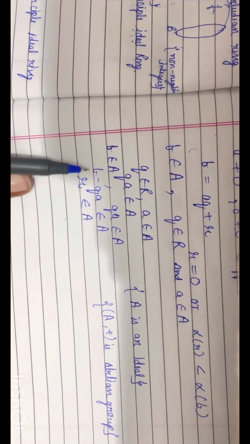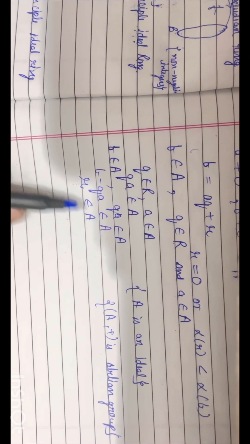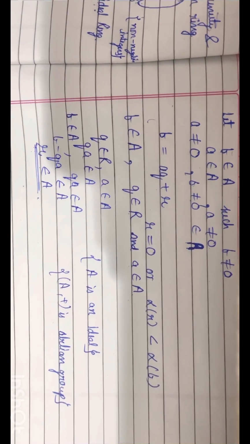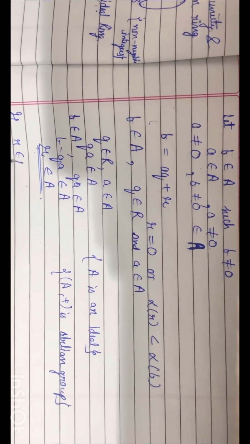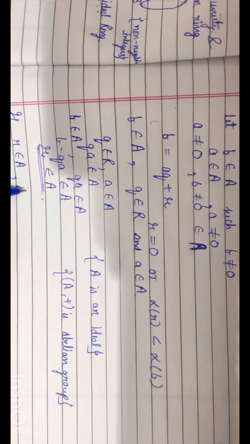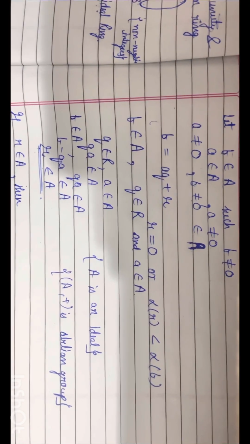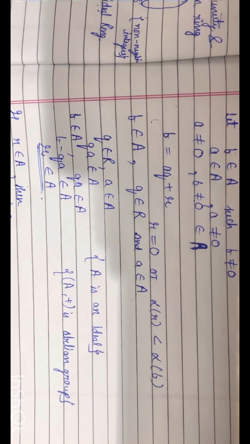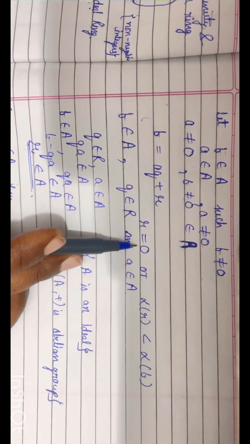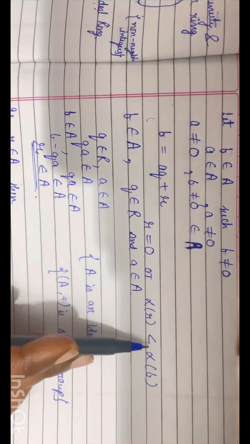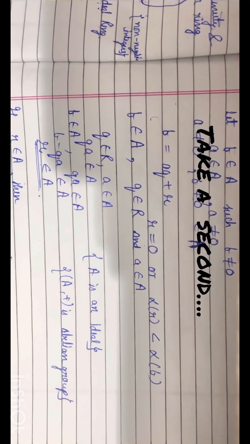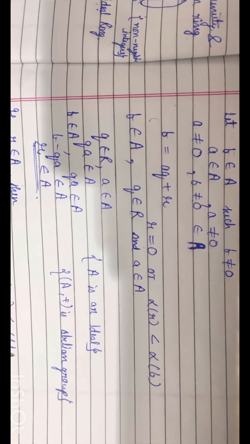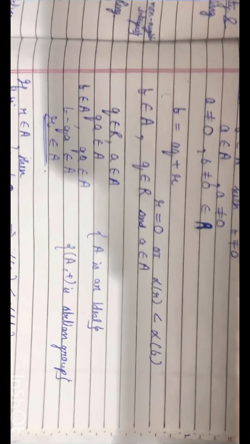Now, if b minus qa belongs to A, that means r belongs to A. Letting r not equal to 0 implies that r equals 0 or alpha of r is less than alpha of b. If r is not equal to 0, that means alpha of r is less than alpha of,